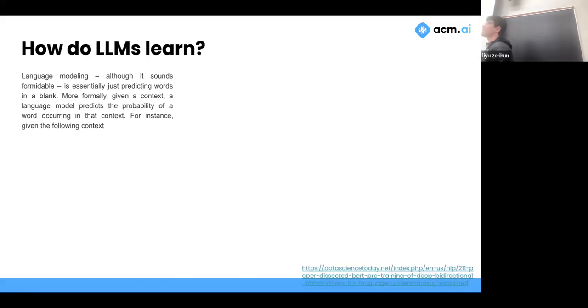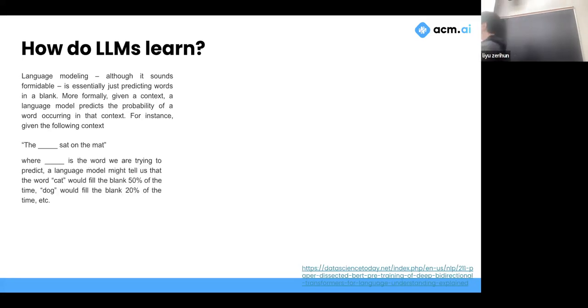So how do they learn to actually do this kind of encoding and get this really rich representation that we can do this classification with one single linear layer on? That's a pretty powerful thing that this can do. Very simply, language modeling, which sounds kind of scary. What does that mean? Large language models. It's just predicting a word based off the context of other words. So like, the blank sat on the map. What is the blank? Anybody? Cat.